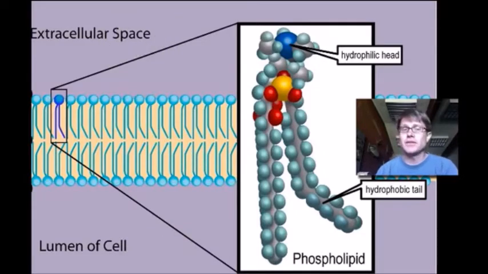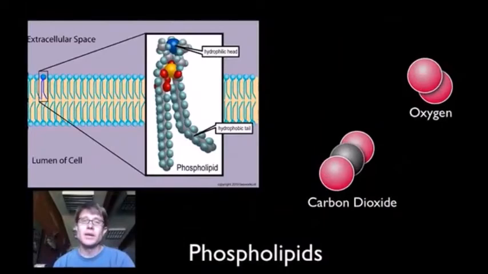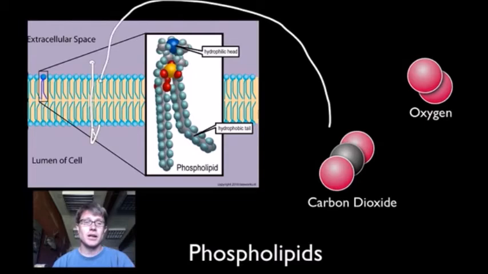So as a result of phospholipids, we get certain things that can easily come across and certain things that can't. And so let me talk about two things that can easily come across. If it's really, really small as a particle, then you can sometimes just scoot across. And if you have no charge, you can move across as well. You can move through this kind of no zone, no-fly zone here. And so an example would be carbon dioxide and oxygen. Carbon dioxide and oxygen can freely move back and forth, and the reason why is that they